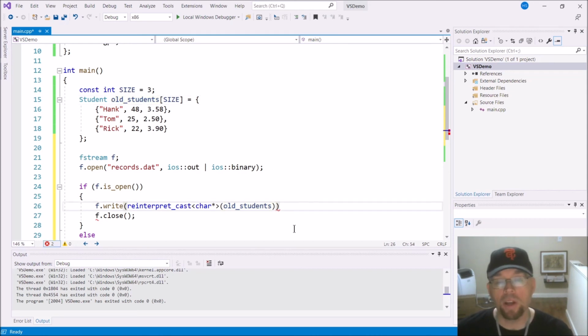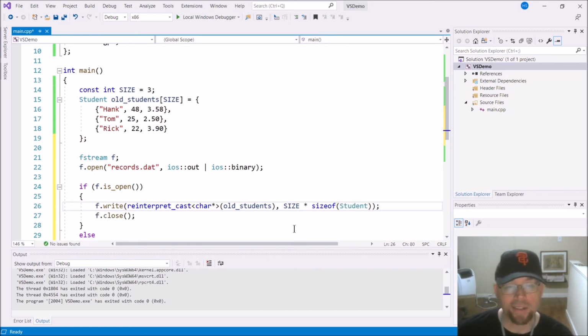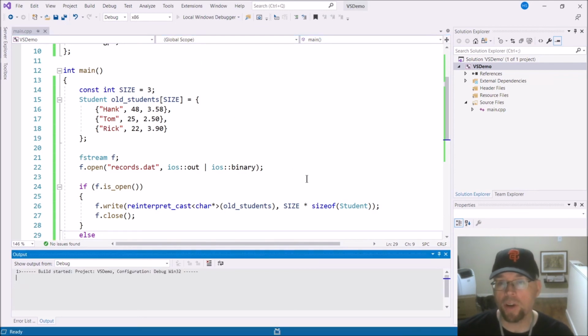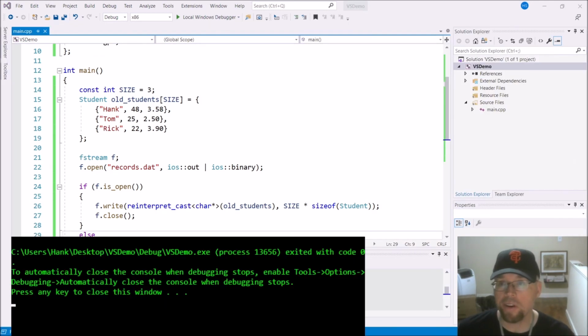Now we need to specify how many bytes we want. Now we had 3 records, we have 3 elements in that array. There's 3 students in that array, so we'll do that size times the size of a student. So no compiler shenanigans and no worries about having to count out in our head and put in a literal value for the size. We'll just let the compiler handle it. We'll say the size of, you do your thing, we're not going to worry about it. Okay, so go ahead and compile that just to make sure we don't have any errors so far,